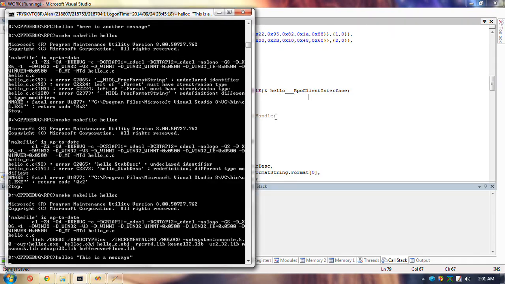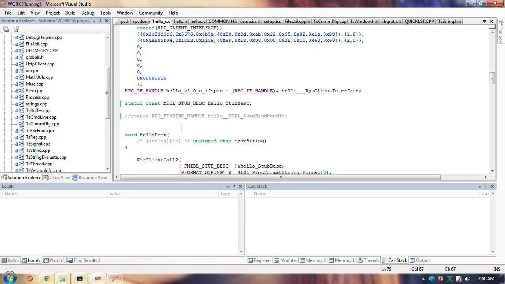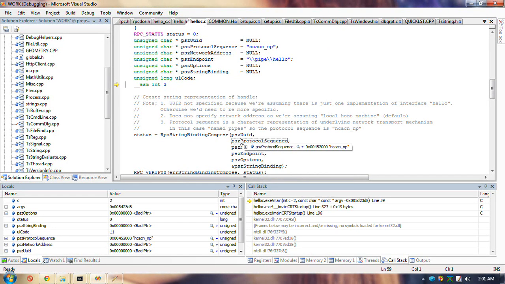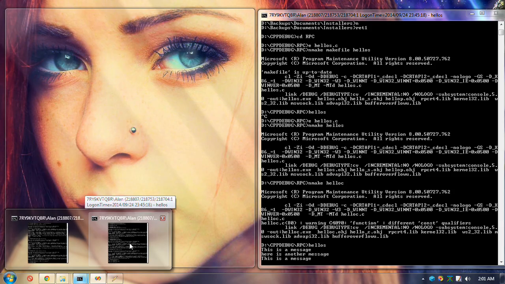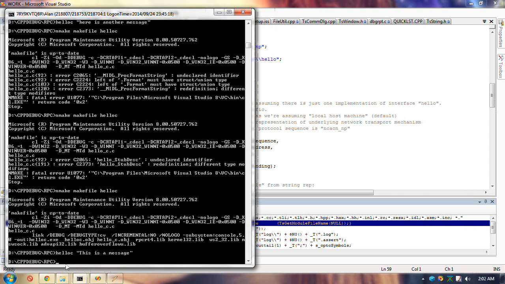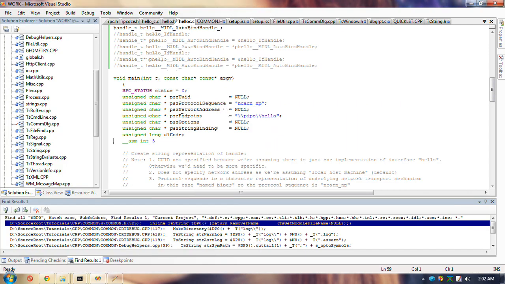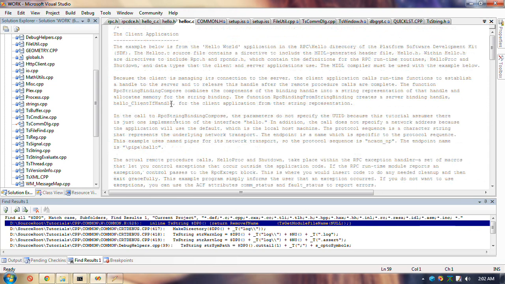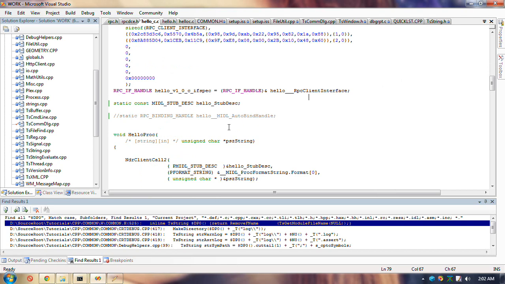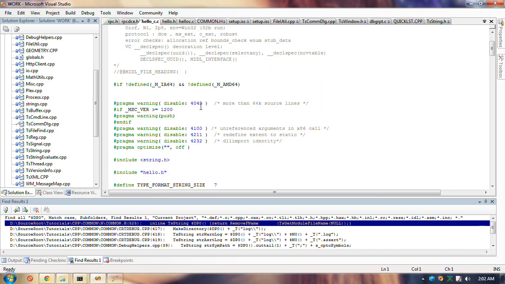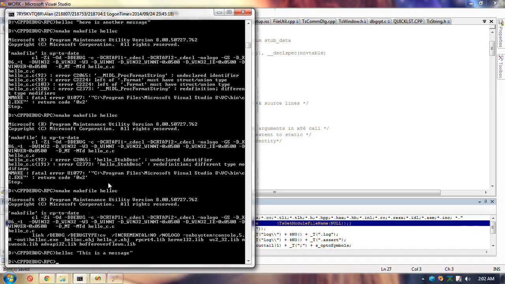Did that double click? No. Alright. Works fine. So I don't need to disable that rule. But you can't help it because this file is regenerated all the time, right? Every time you run that MIDL thing, it's going to generate this stupid file.